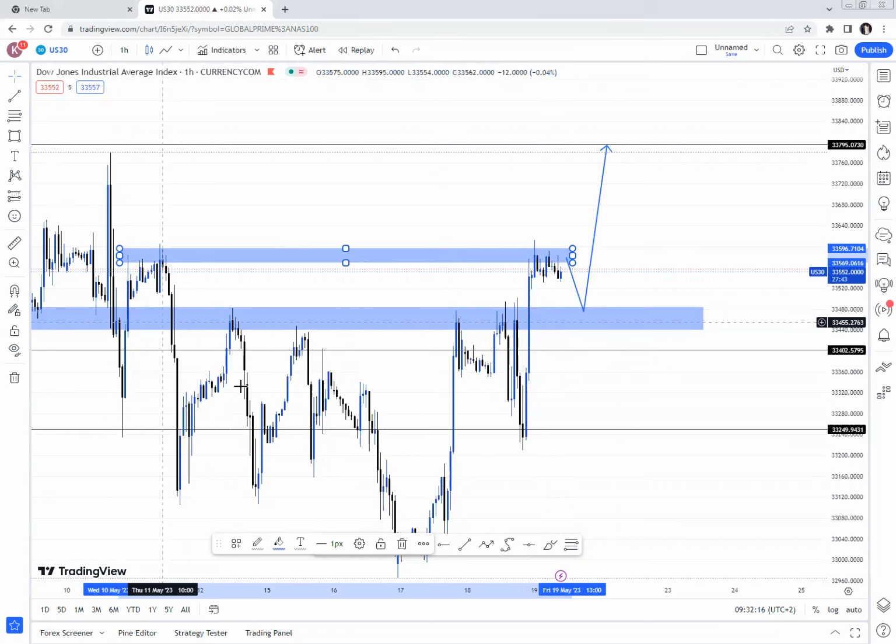US30 broke, what do you call it? It was on a downtrend, and then it broke that trend, understand? So we can see that the market is bullish, understand? The market is bullish, and as you see here,